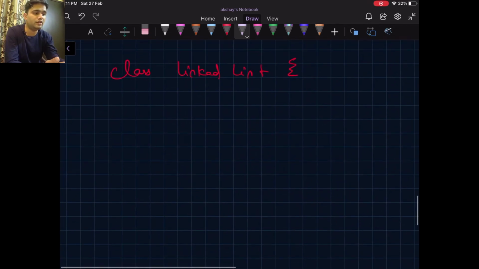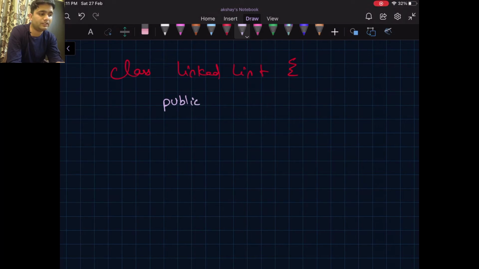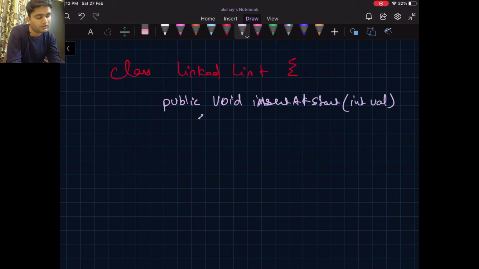So let's start with inserting a data at the start of a linked list. Okay, so we have a public void insert at start method. It accepts an integer value, and that is it.